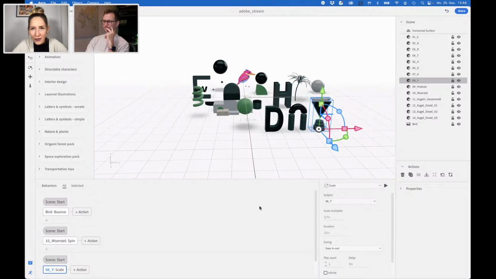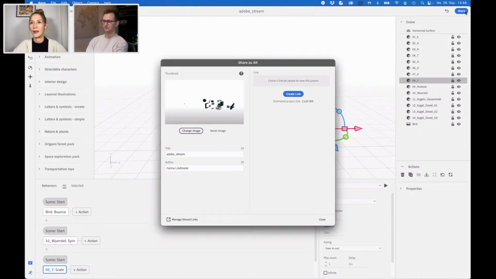And I think we have 10 minutes left, right? Yep, just about that. Yeah, because I will quickly show you how you can share your artwork or your scene you've created. So you might be familiar with the share button. Yeah. You can create a link. And I think there are two options. Either you share the link or you can also share a small QR code, which will be created in a few seconds.